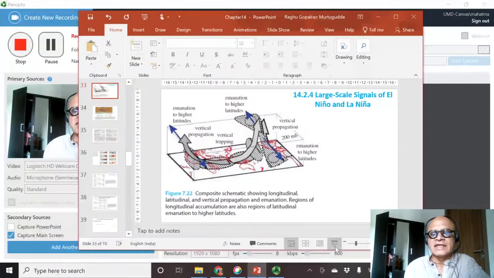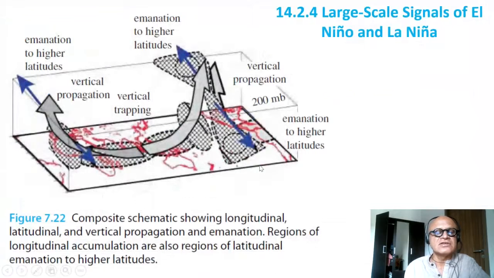Just to put some details on statistical analysis of the large-scale signals of El Nino and La Nina. We had looked way back in chapter 7 at how the heating and the emanating waves are communicating to higher latitudes, and how the extratropical-tropical connections happen. So we were talking about waves, the background stretching information, and the basic state flow that's going to send signals from the tropics to extratropics.